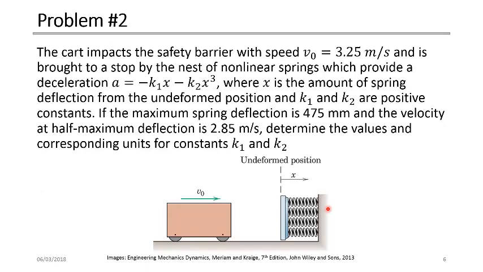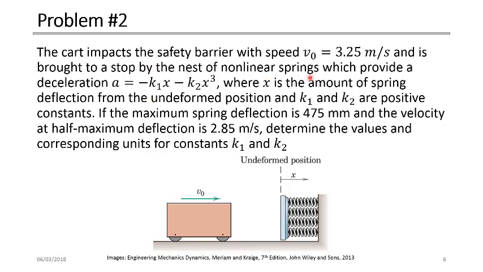So this is problem number 2. We have here the cart, this cart here. The cart impacts the safety barrier. So we have a barrier here, a safety barrier, and the cart impacts the safety barrier with an initial speed of 3.25 meters per second. So the initial speed of the cart is 3.25 meters per second and